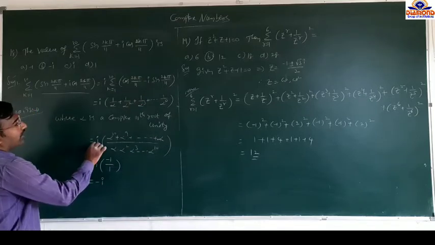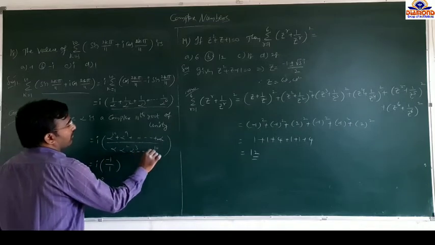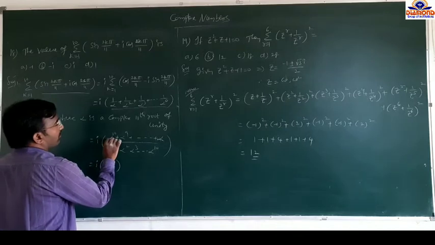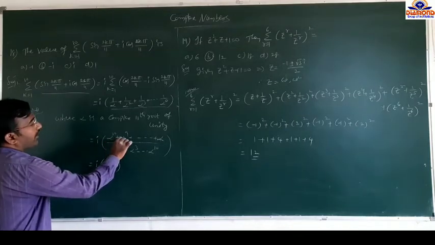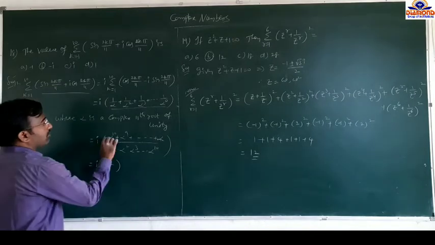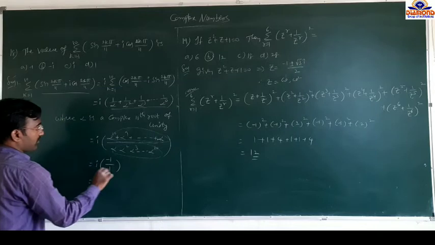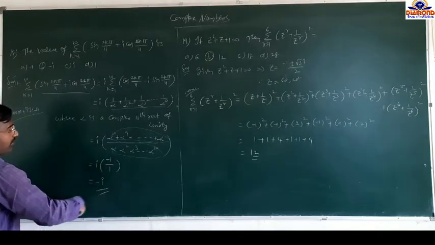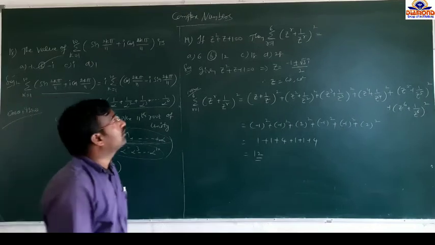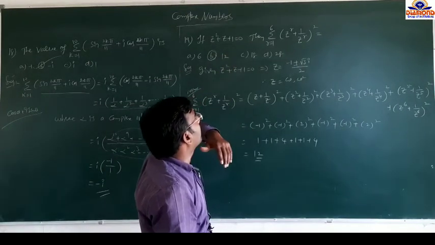So this equals, if you take the LCM, alpha into alpha square, alpha cube, up to alpha power 10. The LCM in the numerator is alpha power 10, alpha power 9, and so on up to alpha. So this is the sum of the roots. Sum of the roots is minus 1, product of the roots is 1. So that's why I into minus 1 by 1 is minus. So option is B.